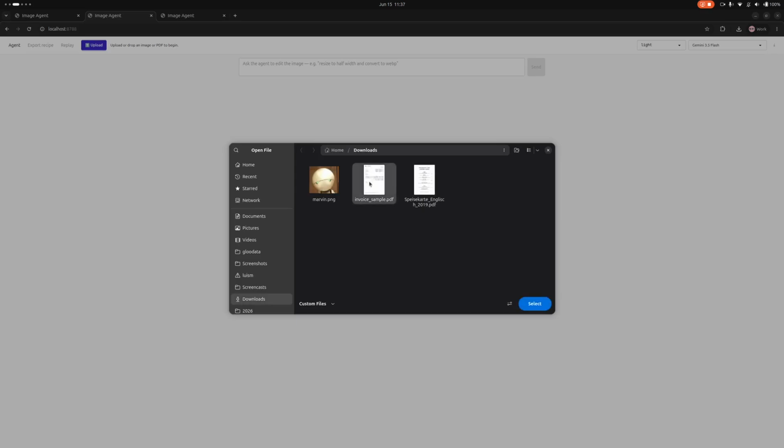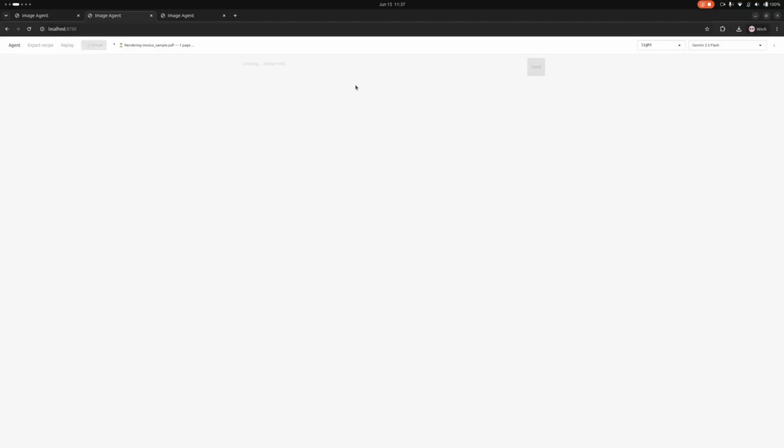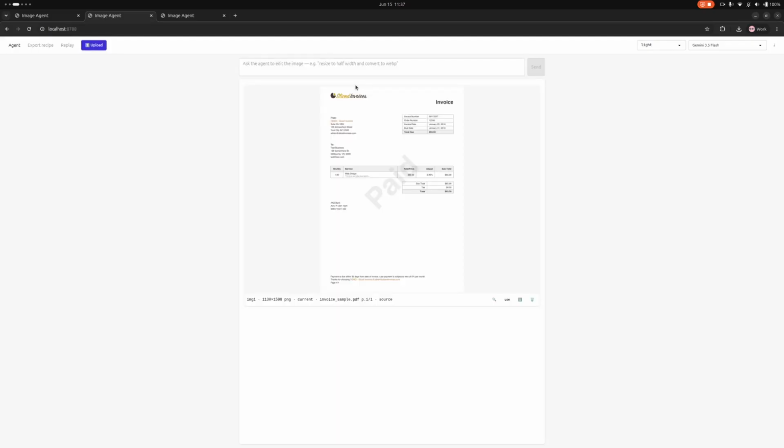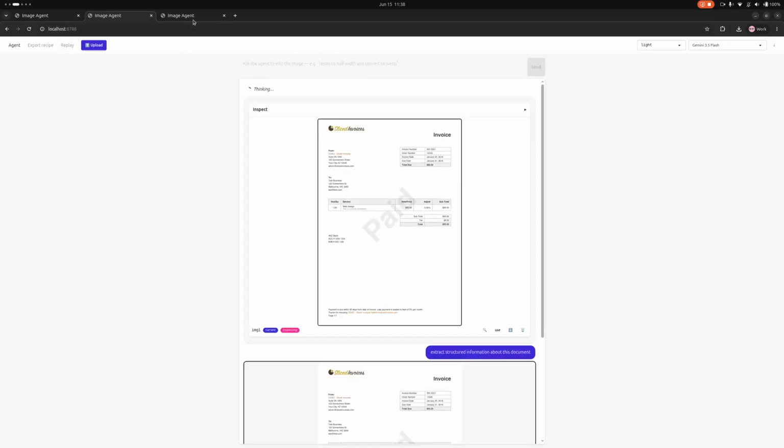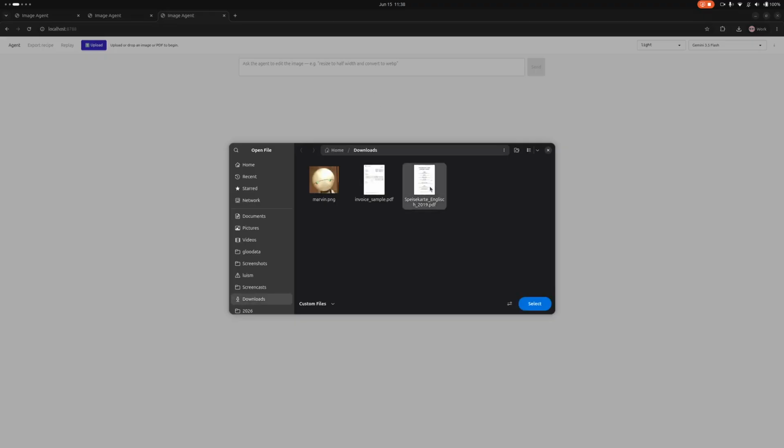Let's do now two with documents. In this case, I upload an invoice PDF that has a single image, and PDFium converts it to an image, and I can say extract structured data. And while this is working, I can upload a multi-page menu, and